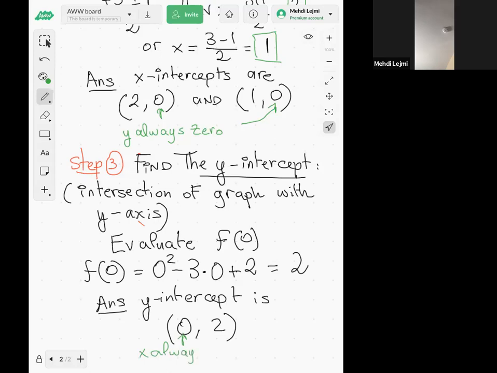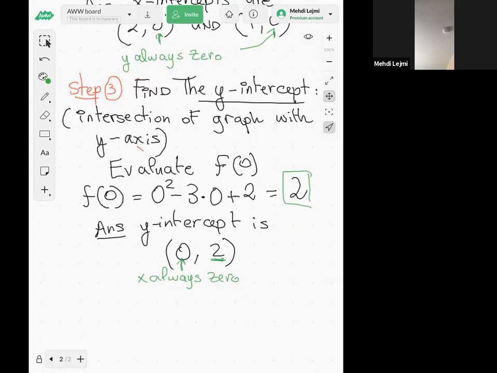Always 0. Okay, and of course the answer here is 2, so I got 2 here. So the y-intercept is 0, 2. So I got my vertex, my x-intercept, my y-intercept, and then I can plot all these points in the graph, right? Last step is just to mention